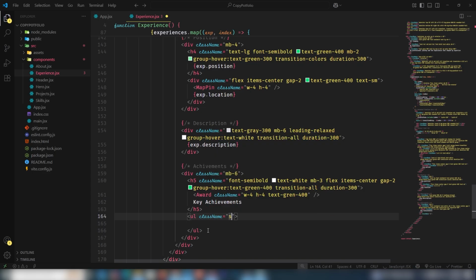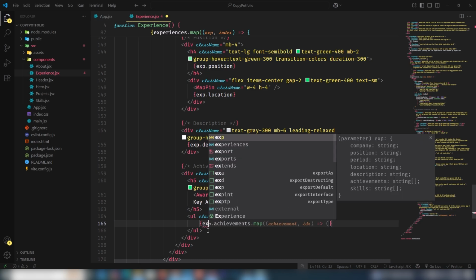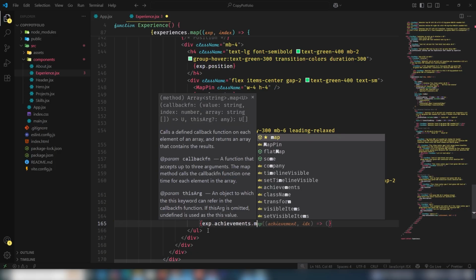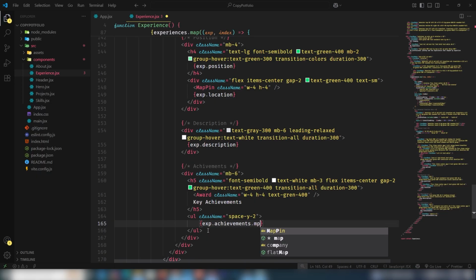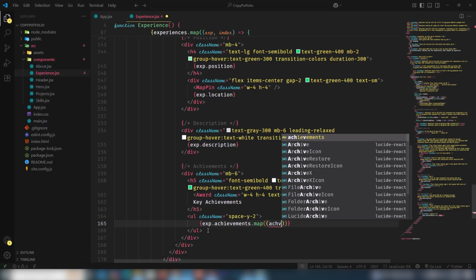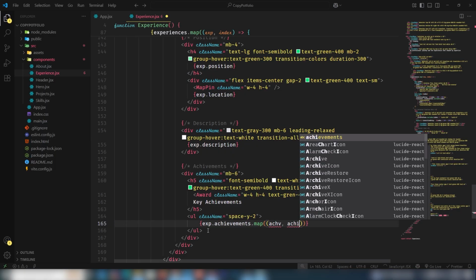so send the class space y2, and there I'm gonna add the map method to get the achievement. So I need to target the experience.achievements.map and write the ACHV, this is a short form, index,